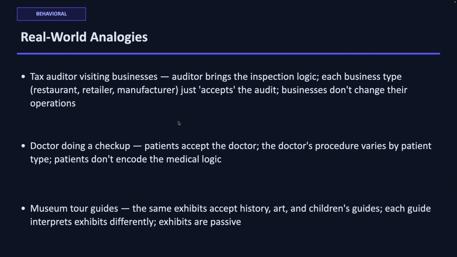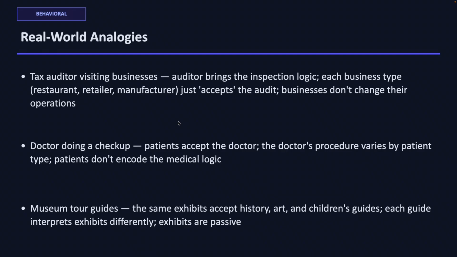A real world analogy for using the visitor pattern, just to make it more understandable, is if a tax auditor visits a business, the auditor has a standard audit process, but it applies different rules for restaurants, retailers, and manufacturers. The businesses don't change these operations to accommodate the auditor. They just accept the audit. The auditor just carries that